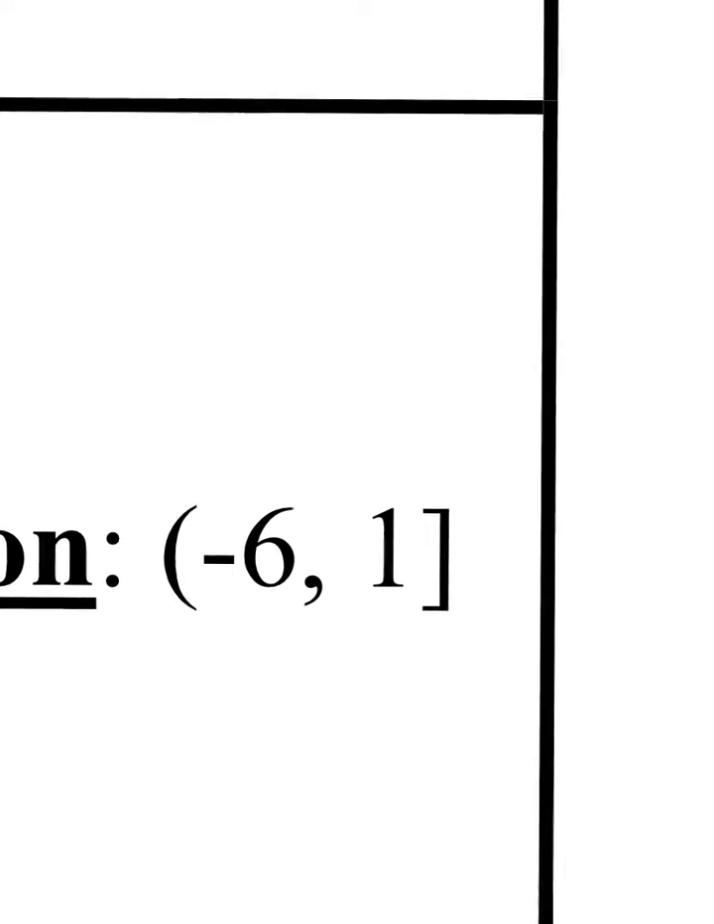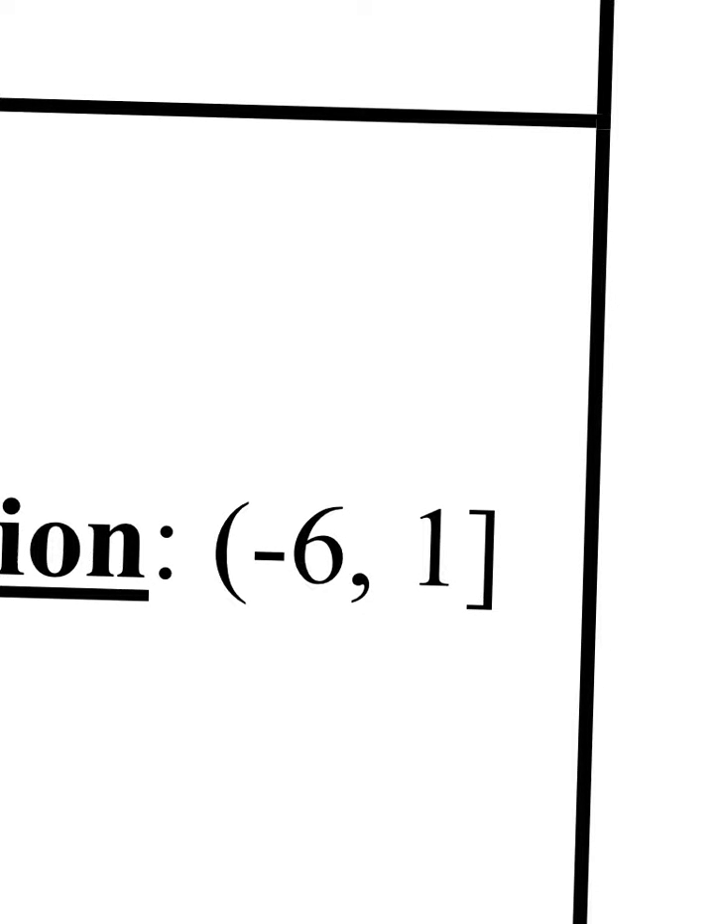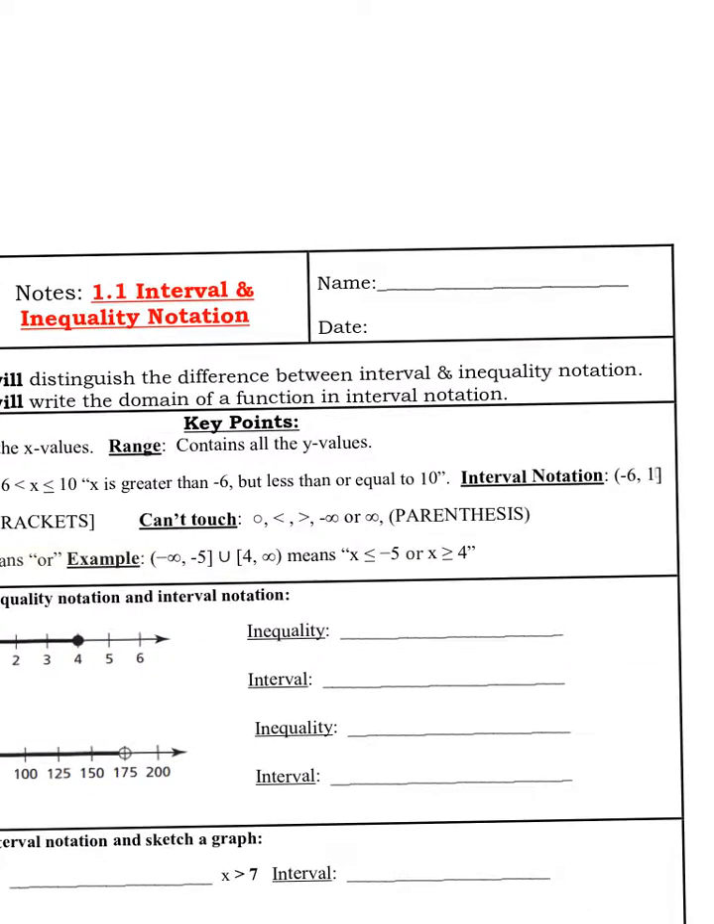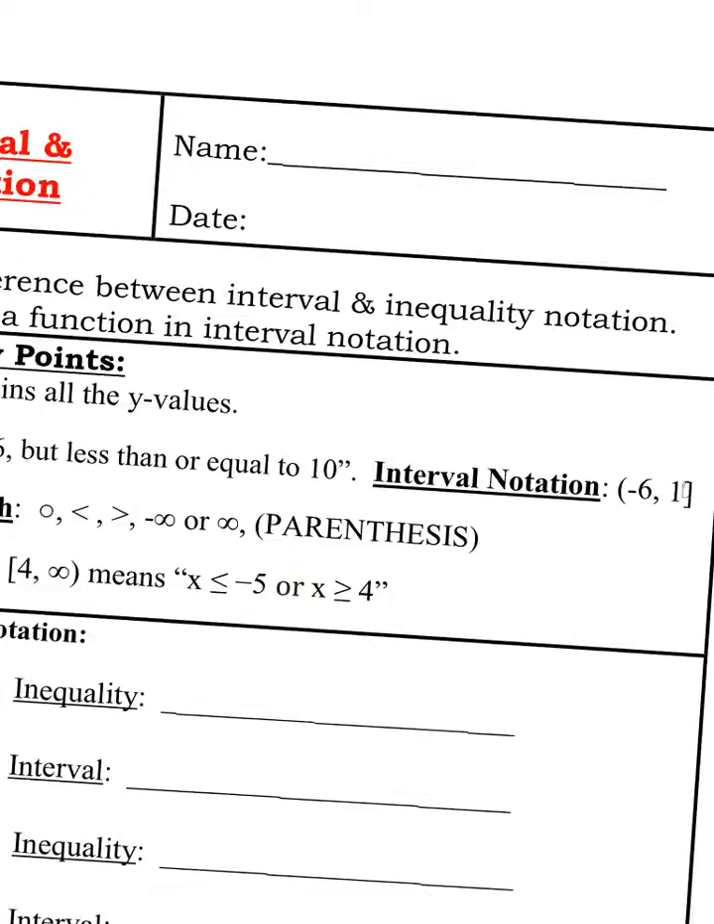Just to recap one more time, that -6 is in parentheses and that 10 is in a bracket. And that should be a 10, shouldn't it? But it says 1. That's a fun little typo. Yeah, glad I discovered that now. Anyway,